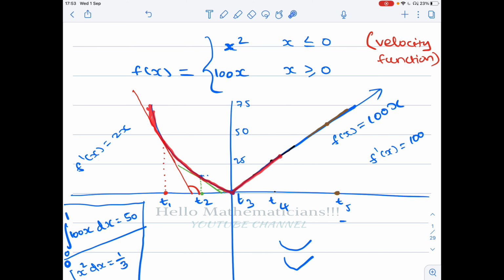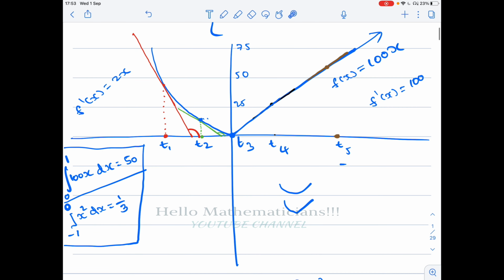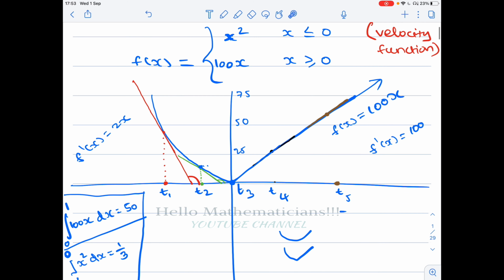After that you have this, which is the graph of the velocity function. When you go to t4 this much, when you go to t5, so here there is some problem we want to understand. What is the problem? If this is the function of velocity, what is its derivative? The derivative of the velocity function represents acceleration. So what is acceleration?